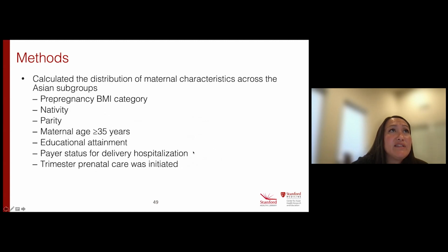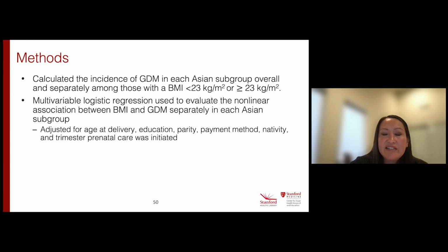And then we calculated the distribution of maternal characteristics across Asian subgroups. We looked at pre-pregnancy BMI, nativity, parity, so how many babies they've had before, maternal age greater than or equal to 35, because this is considered to be advanced maternal age, educational attainment, the payer status for delivery hospitalization, and then the trimester prenatal care was initiated. And then we calculated the incidence of gestational diabetes in each Asian subgroup overall, and then separately among those with a BMI of less than 23 and also greater than or equal to 23,